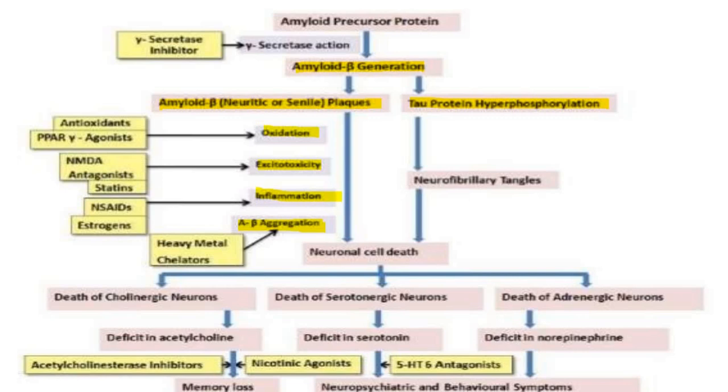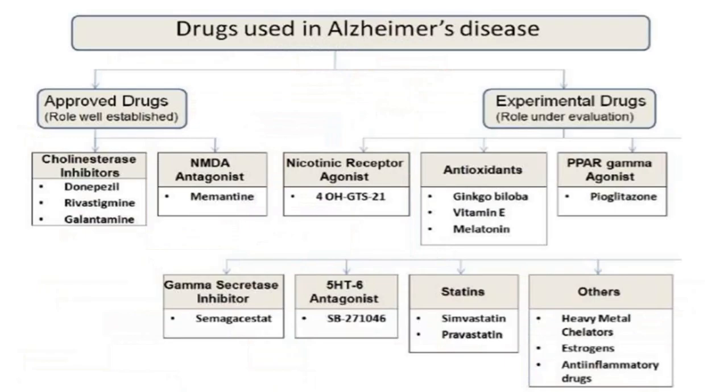Now, what are the drugs used in Alzheimer's disease? Some of the approved drugs where the roles are very much established. One is cholinesterase inhibitors. You can use donepezil, this will inhibit cholinesterase. Then you can use rivastigmine, or you can use galantamine. Likewise, you can use NMDA antagonists such as memantine, nicotine receptor agonists such as